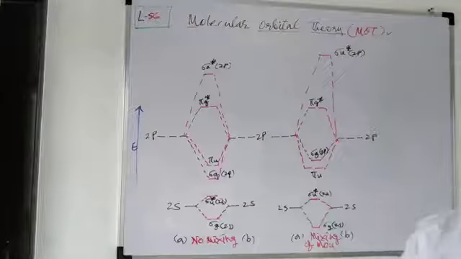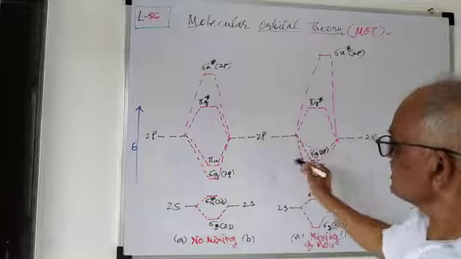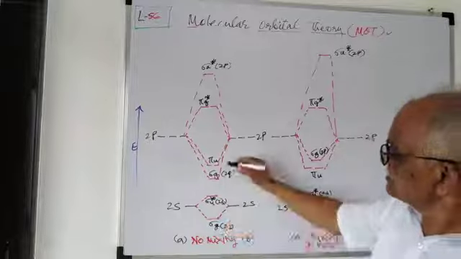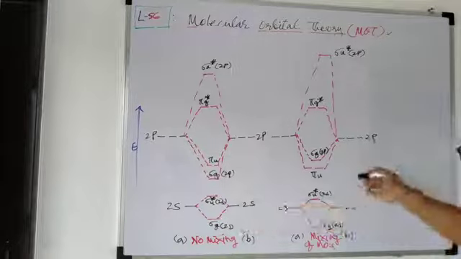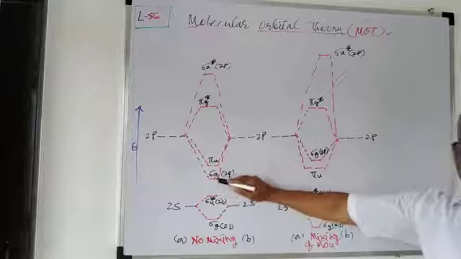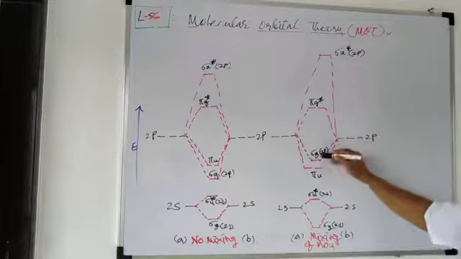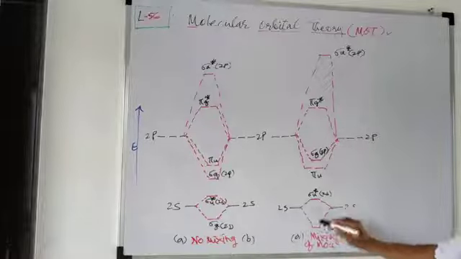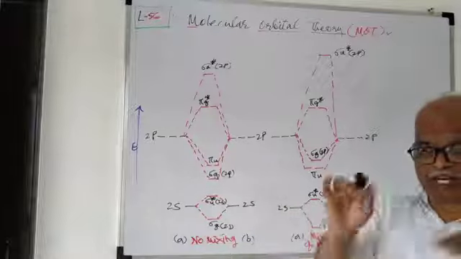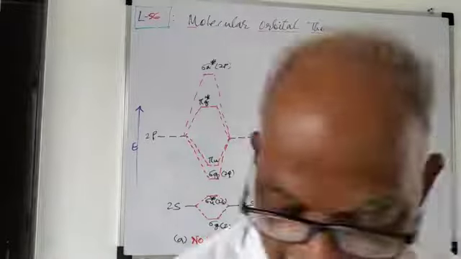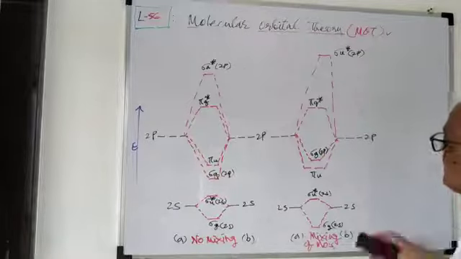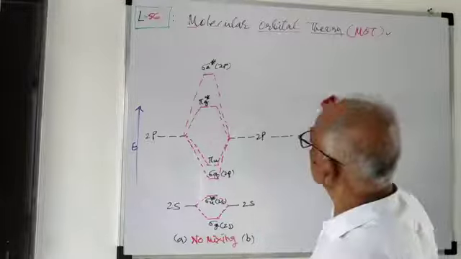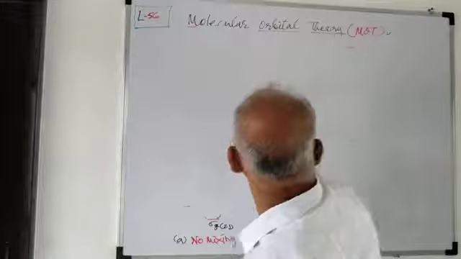So these diagrams will tell you that this is without mixing and this is with mixing. So without mixing the energy levels are like this, but after mixing sigma u, which is here lower energy, will go above the pi u molecular orbitals, and these energy levels compared to this will go down. So this is the one approach, that is interaction between molecular orbitals. Now there is second approach